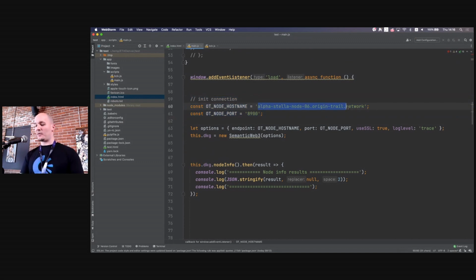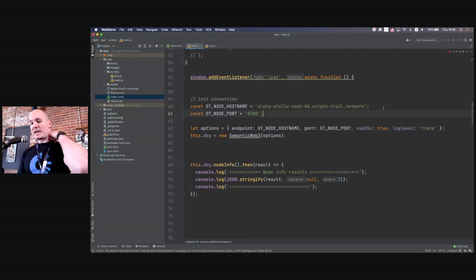If you want to try it on your own, you can connect to this particular node. This node is open. This is an OriginTrail version 6 node, and it has a dedicated port, 8900. Once this connection has happened, you initialize this Semantic Web3 object, which here is called the DKG